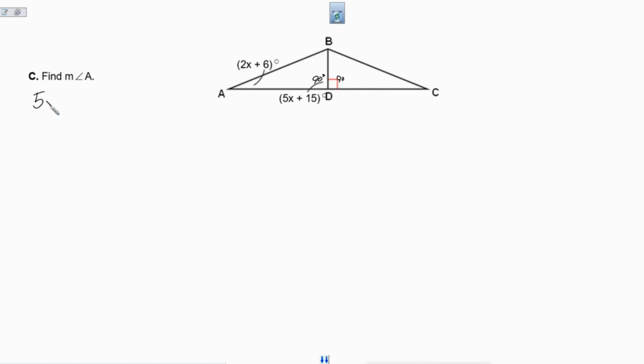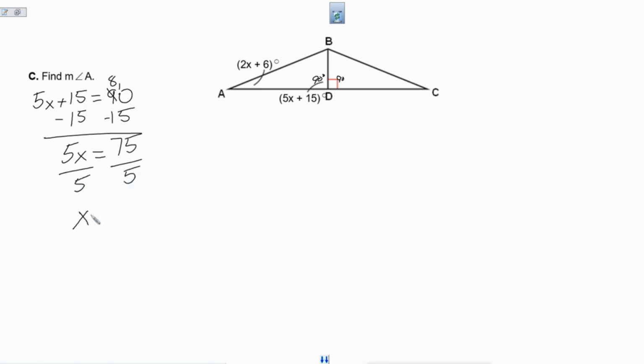That means that 5x plus 15 equals 90. We are going to subtract 15 from both sides. That gives us 5x equals 75. Then we're going to divide by 5. And x equals 15. Now we are not finished because that just is x, and we wanted to find the